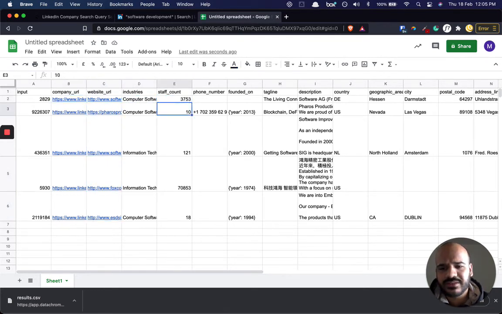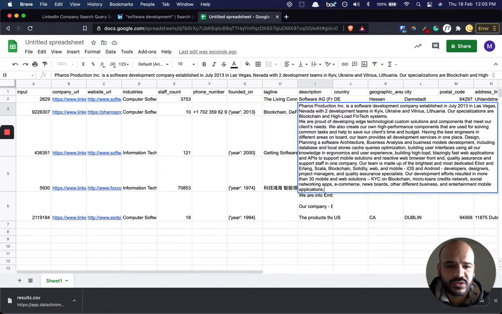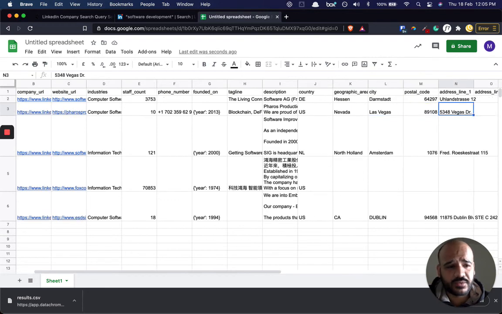Next we have the company's industry, then we have the company's staff count, which is the exact number of people that they have on LinkedIn. So the exact number of people who have mentioned that they work at this company on LinkedIn. Then the company's phone number, if that's present in the about section of the company, the company's founding year, then we have the tagline of the company, the description of the company, the country, the city, state, the postal area,